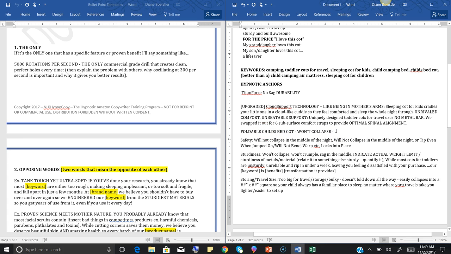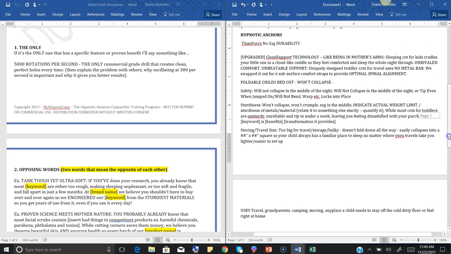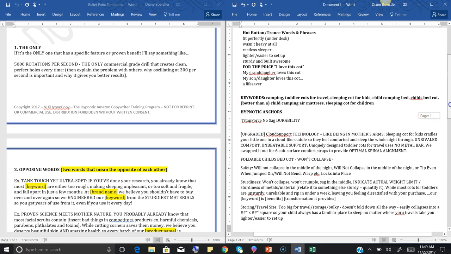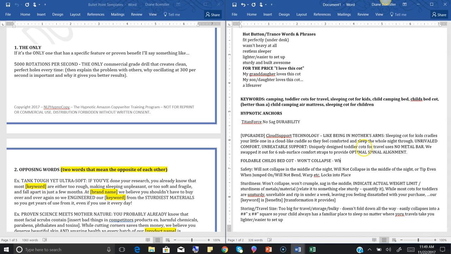Okay, let's see here. We had one already written for this, I think. Where did it go? Oh well, I'll start from scratch. So we can start with "while most." What's our keyword? Sleeping cots. Toddler cots for child, I think we used. Sleeping cots for kids are